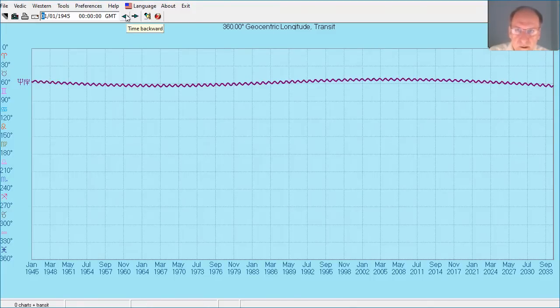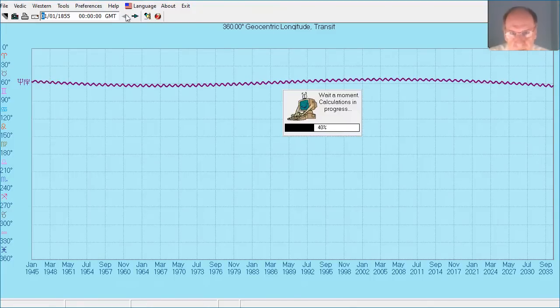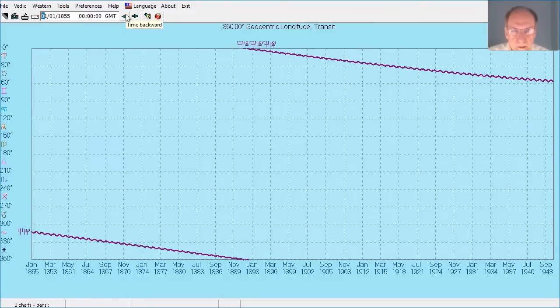If I go to the previous 90 years, we see the same thing where in 1945, it's close to that 60 degrees, but as you go back in time, Neptune and Pluto were conjunct. They were at 0. It looks like around 1891, maybe 1892. Right in there, Neptune and Pluto were conjunct.